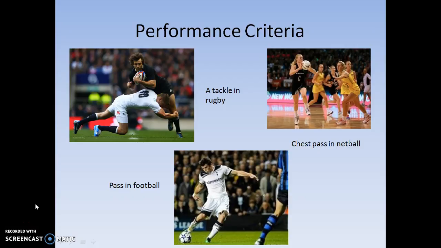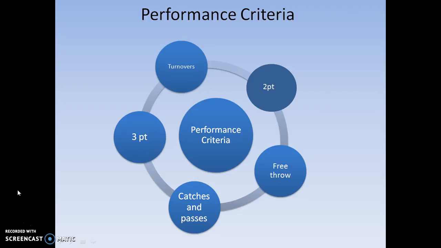In football, the players should pass to each other and receive the ball. Passing and receiving the ball in football is within the performance criteria. Differently, in rugby, the players are meant to hold and throw the ball. So different positions in different sports will have different performance criteria as they need to have different roles within their sport and their game. A power forward in basketball would need a certain performance criteria to have a more successful